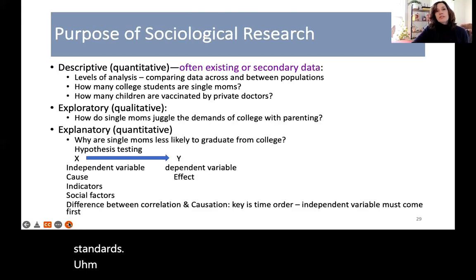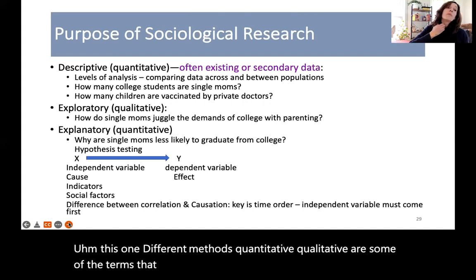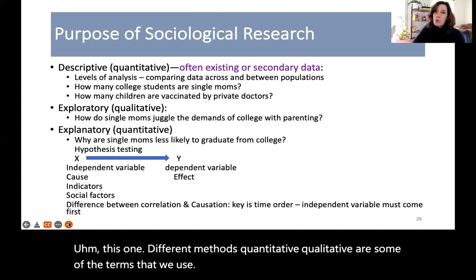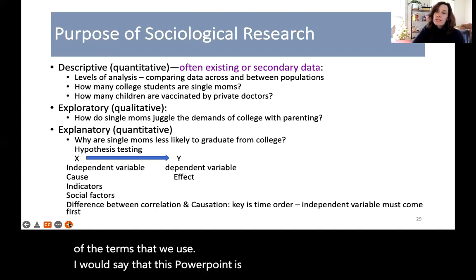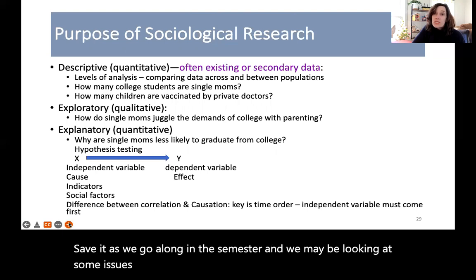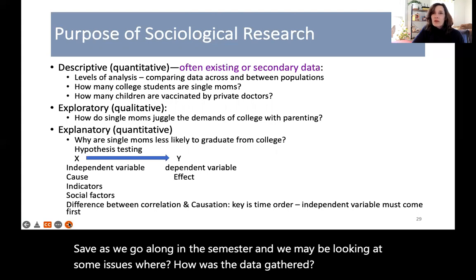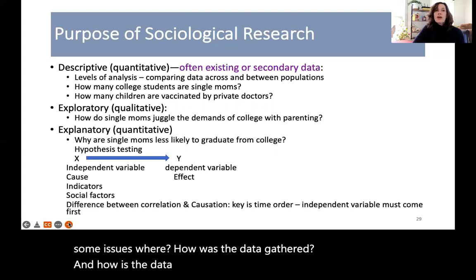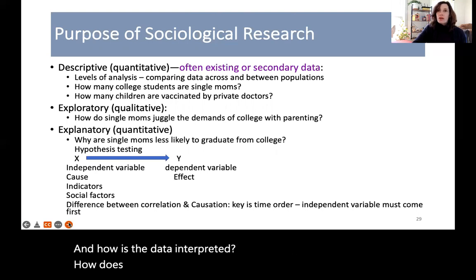This one: different methods, quantitative, qualitative. These are some of the terms that we use. I would say that this PowerPoint is one that you want to save as we go along in the semester, and we may be looking at some issues where how was the data gathered, and how was the data interpreted? How does that matter to what we know, or what we think we know,